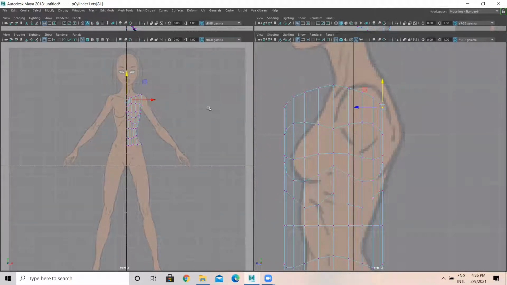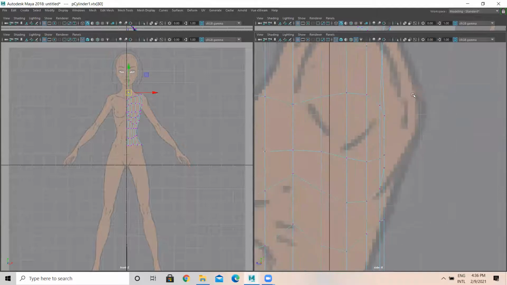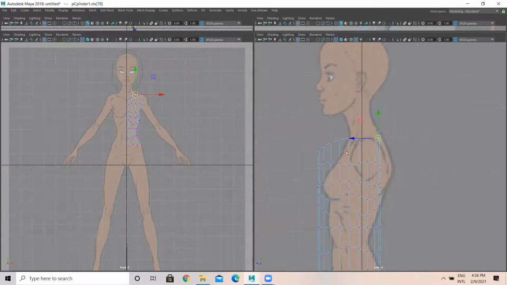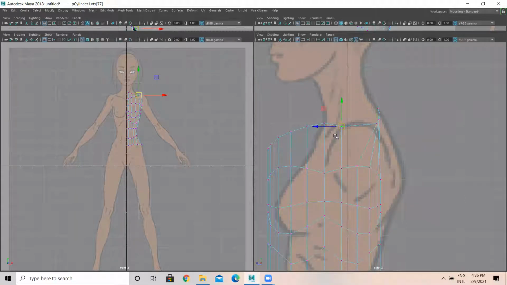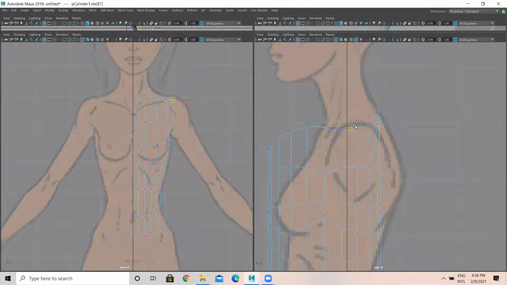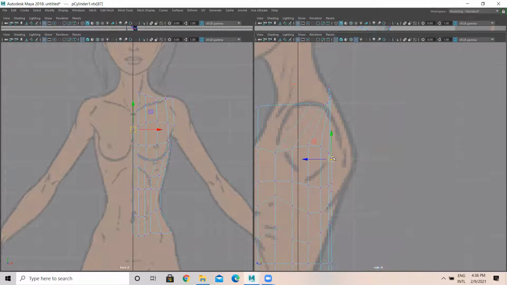Okay, that means here this first vertex. So this has to come up at the shoulder part. Then this has to be here. Then this has to be here. Then this has to be here. And you see the center line. So this is not the center line. This is also here. This is the center line. The center line has to be at the center of the shoulder.